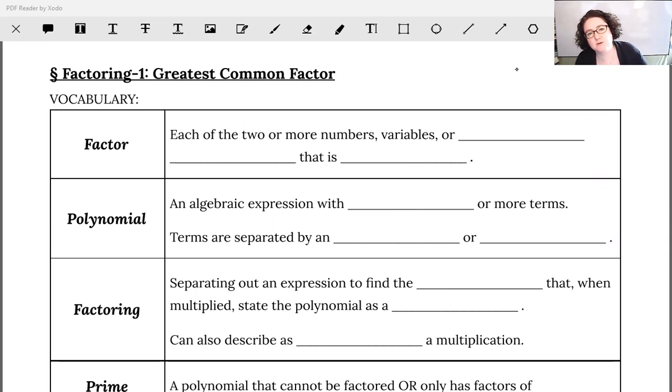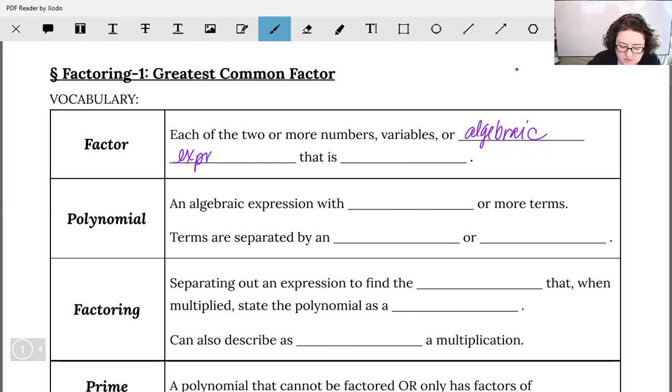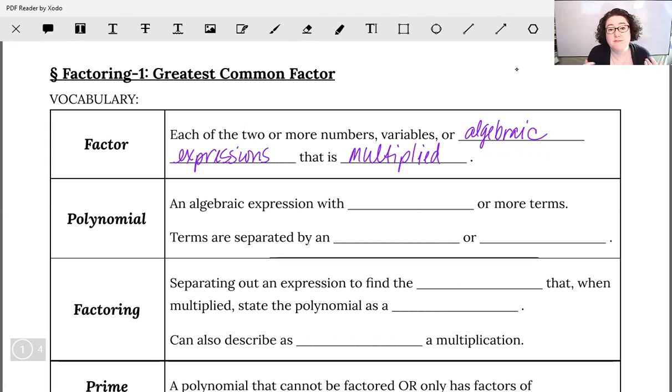So here we go, some factoring vocabulary. Well, we need to know what a factor is to start out with. So a factor technically is anything that you can multiply with another number or another variable that will create your term. If we look at this in more mathematical terms, we could say that it's each of two or more numbers, variables, or algebraic expressions that is multiplied. So we're going to be looking today at how we can determine what those factors are